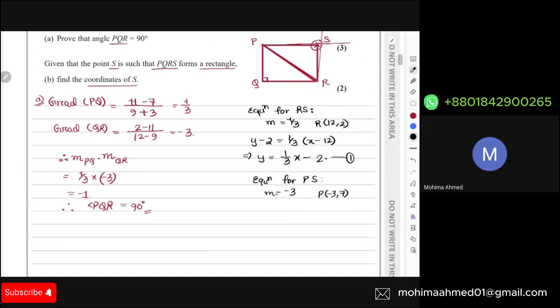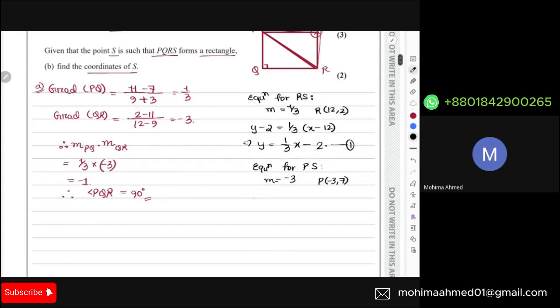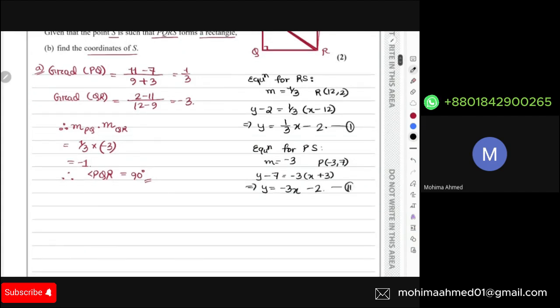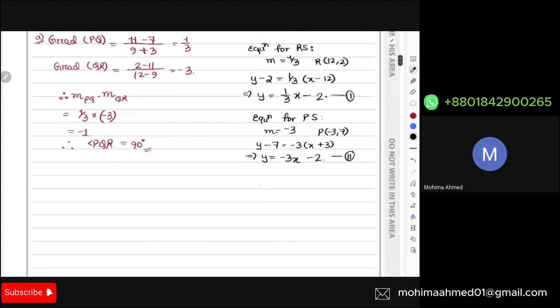So minus 3, 7. And here we are going to use the equation y minus 7 equals minus 3 times x plus 3. So eventually you have y equals minus 3x, and minus 9 plus 7 is going to be minus 2 again. So now this is your second equation. I can understand that equation 1 and equation 2,